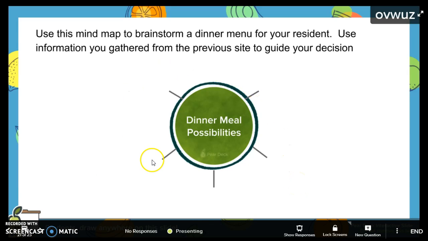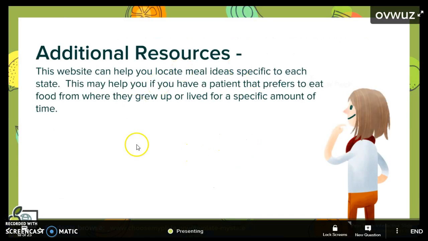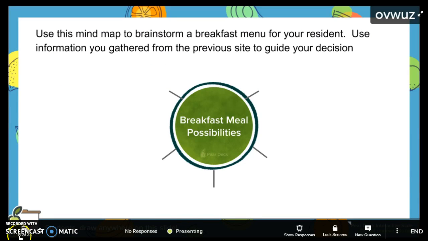can post this on the screen, and they can each be adding their dinner meal possibilities, or they could post one of their resources. So they could go to the website that is linked and they can put that on the screen in order to be viewing the resources at the same time as they're putting their information into their